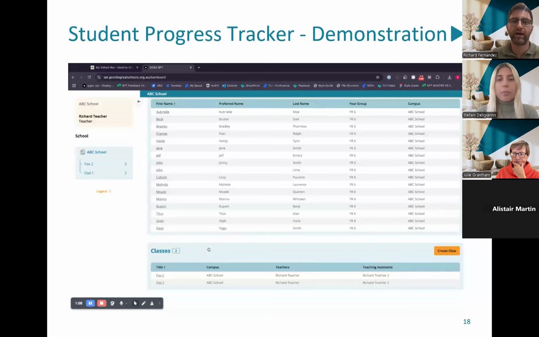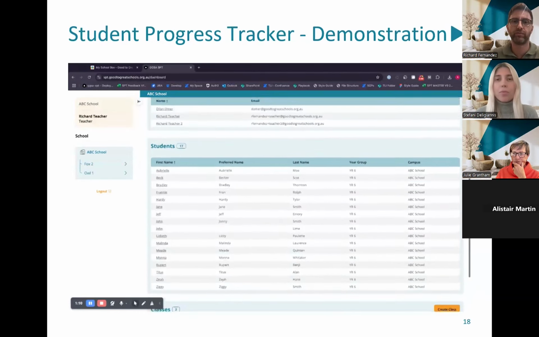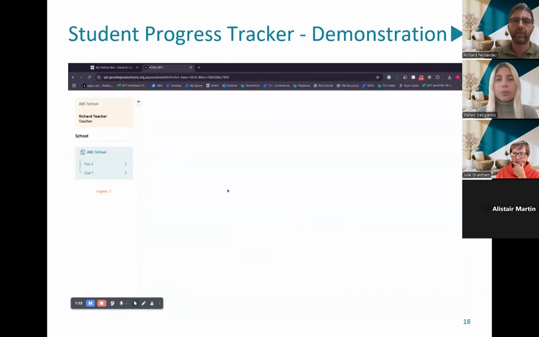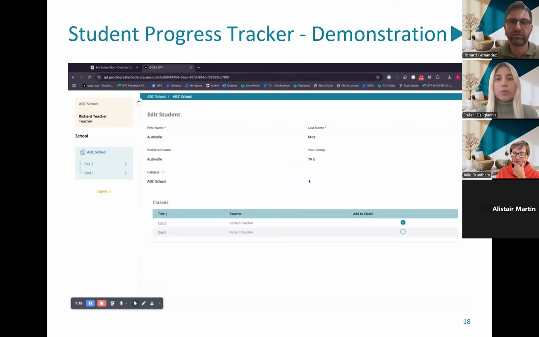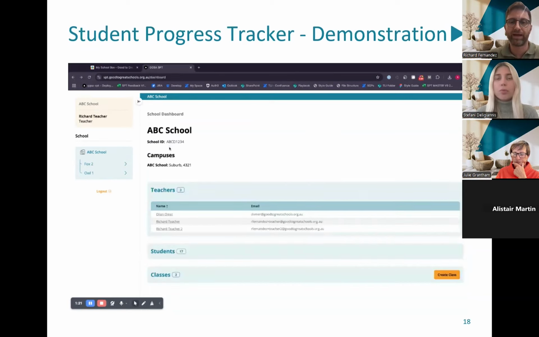So let me show you how the student profiles work. We capture the student's first name, last name, the year group, and from here we can add them to classes too. For your convenience, your classes and groups are shown on the sidebar for quick access.